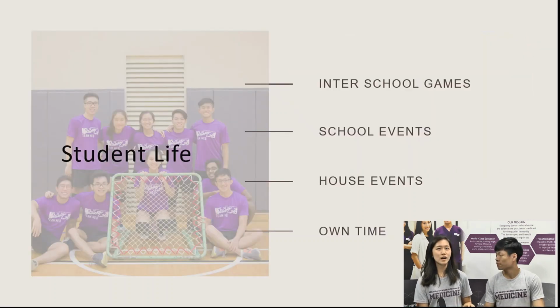Yep. Other than within LKC itself, we are actually students of NTU, so we do participate in NTU-wide activities as well. First of all, we have inter-school games. This was held late last year, and what we do is that different faculties will send out their athletes to compete with each other in various sports. In the picture behind, you can see me participating in the chokeball